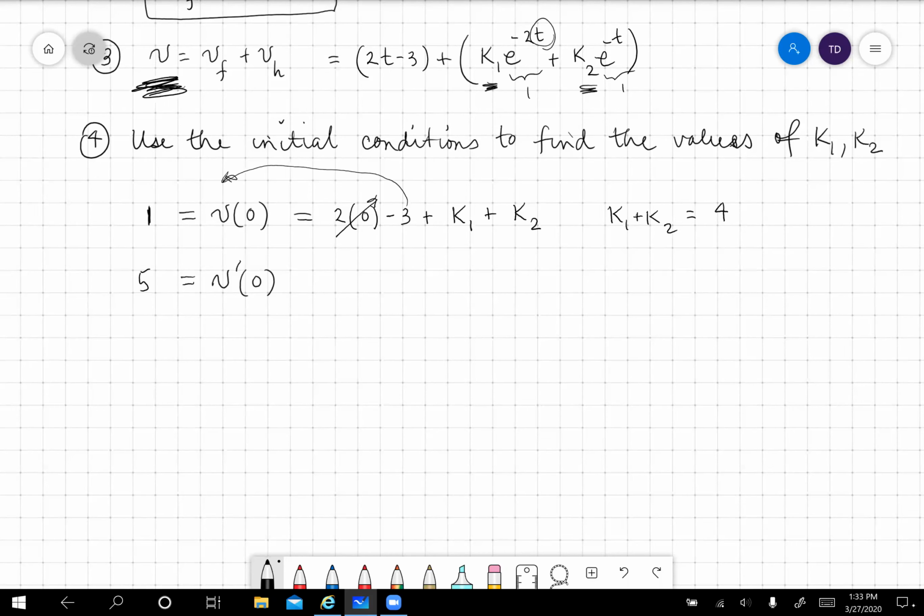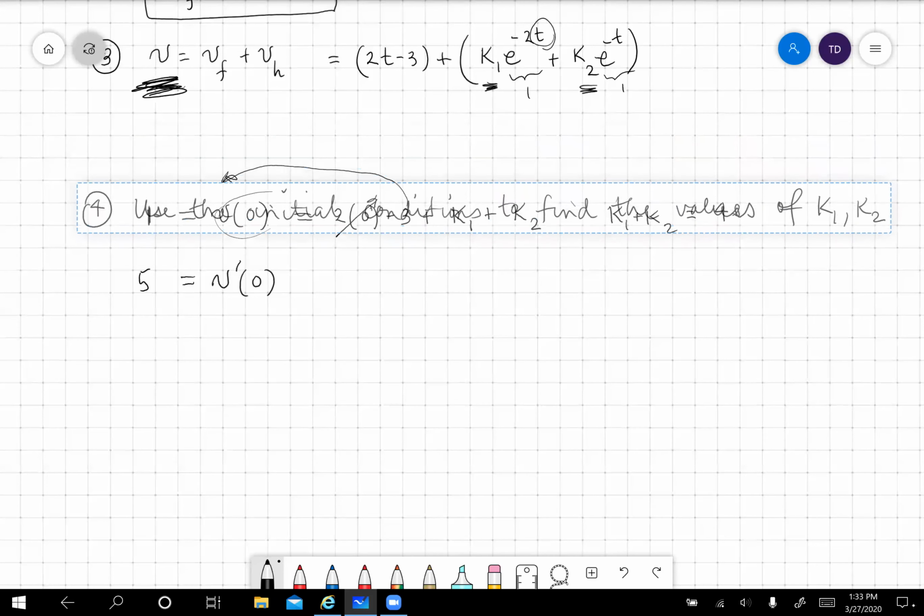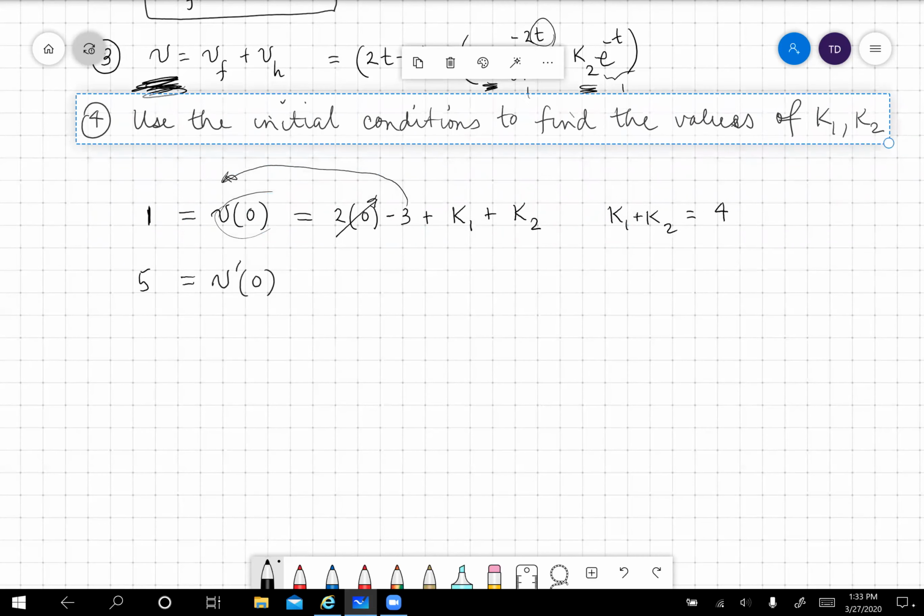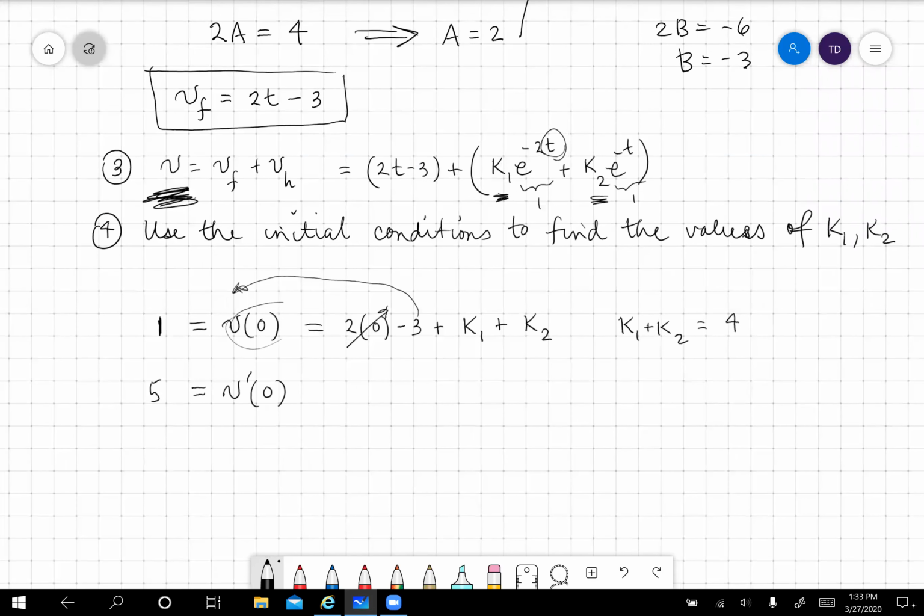Now, this is where students make a mistake. They look at V of 0 and they say, oh, I have V of 0 is equal to 1, and I'm going to take the derivative of that. So what we have to do is take the derivative of this function. This is the V function. Take the derivative first, then substitute in 0. So the derivative of 2t is 2, the derivative of minus 3 is 0,